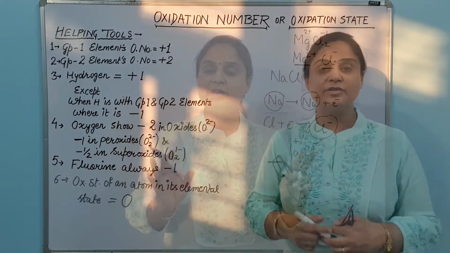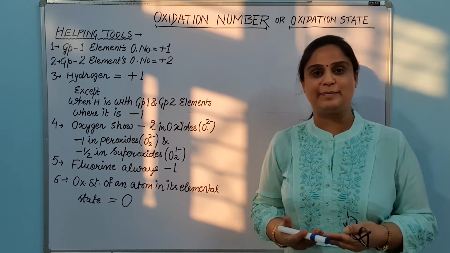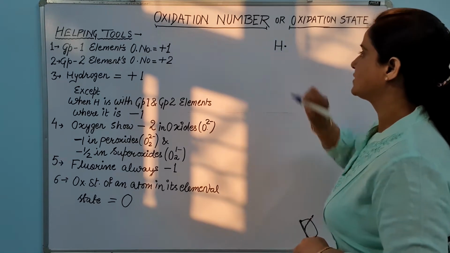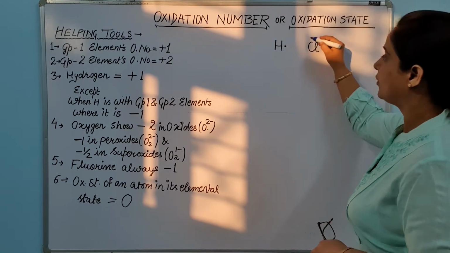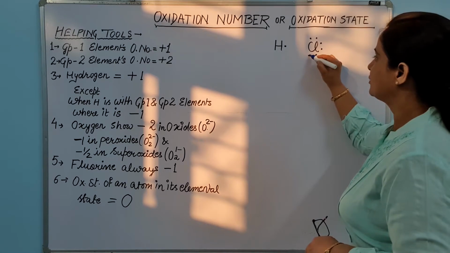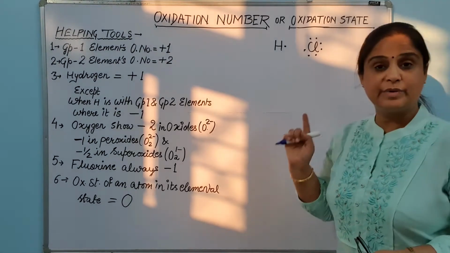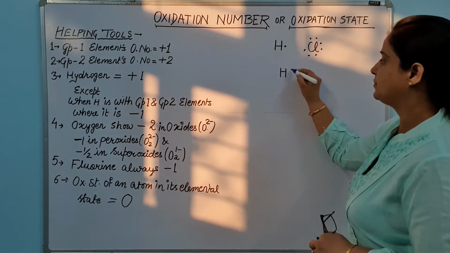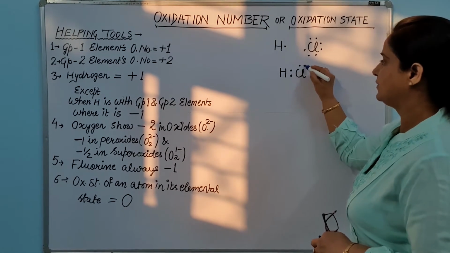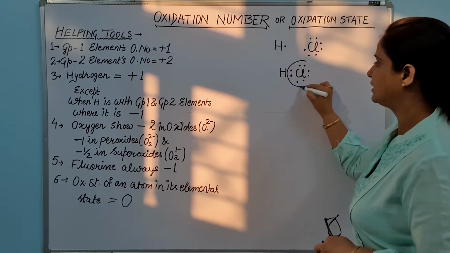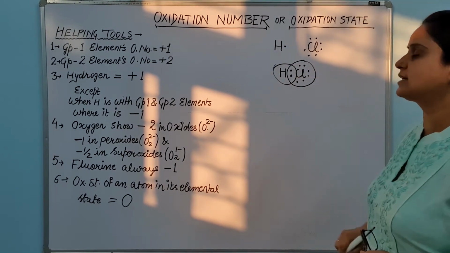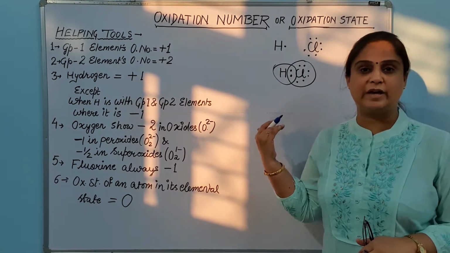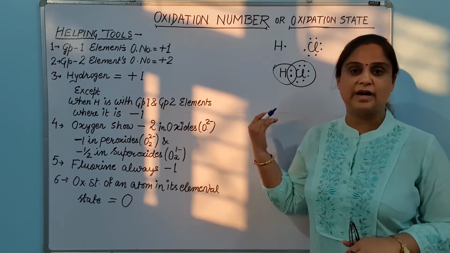Is it clear? So now let us talk about the molecules which are made up by the covalent bond. So here I am having one atom, hydrogen, having its 1 electron, and one atom of chlorine having 1, 2, 3, 4, 5, 6 and 7 electrons. Because these are made up by the covalent bonding, they will share their 1 electron here. So they will pair up and they will complete their octet like this. Fine. So this is the condition of hydrogen and chlorine. The molecule made by the combination of these two elements using the covalent bond is hydrogen chloride.